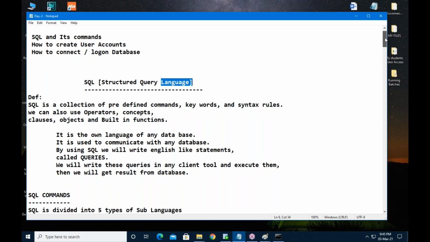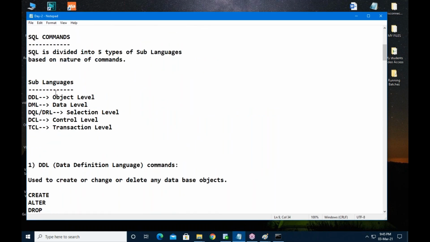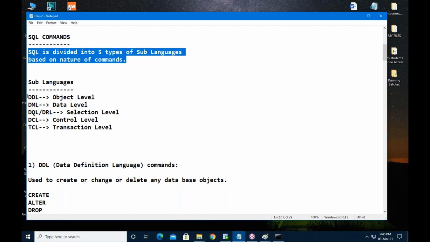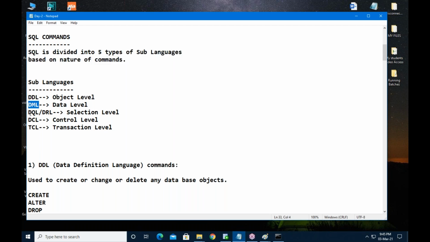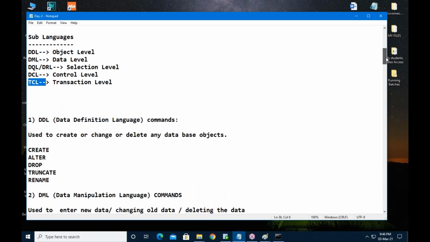Okay, now what are the SQL commands we have? SQL commands are divided into 5 categories: DDL, DML, DQL or DRL, DCL, TCL. What is DDL? Data definition language. I just want to give you the list of commands.